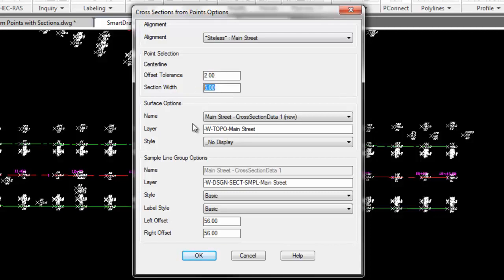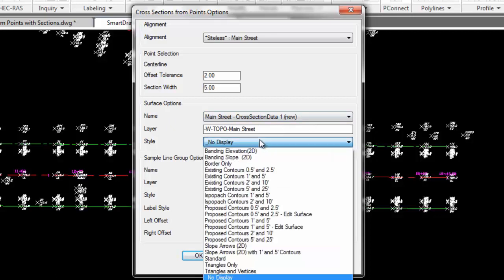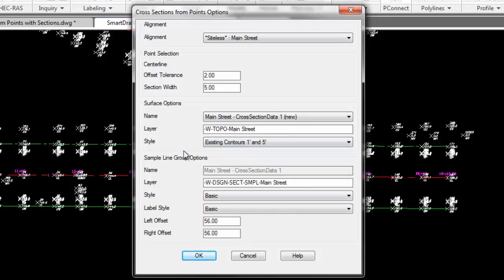of that point, 5 feet, so 2.5 feet either side, for a total of 5 feet, will be considered part of that cross-section. It's going to create a surface from those points, aligning those points into one cross-section, placing that cross-section surface on a layer, and it will allow you to select one of the styles that you have. I'm specifying none, but we'll pick something different so that you can actually see the surface and the contours of